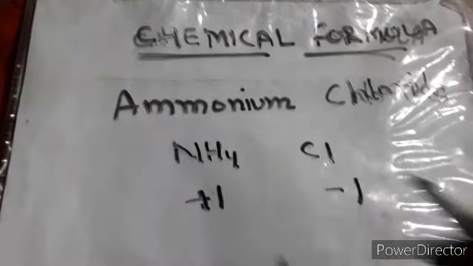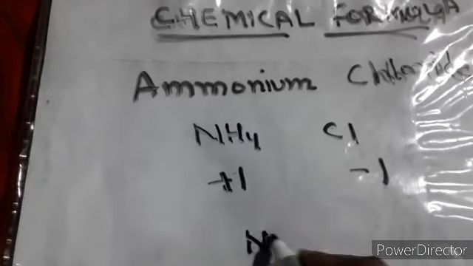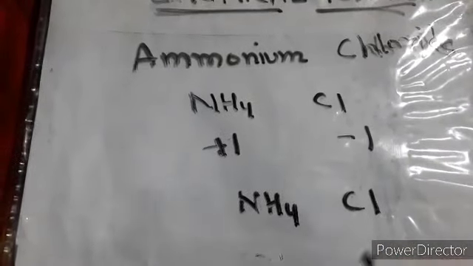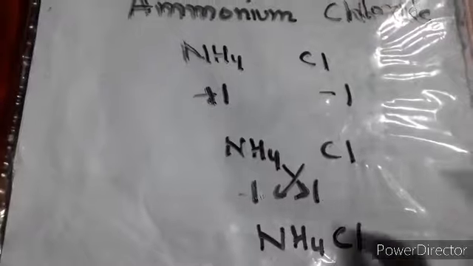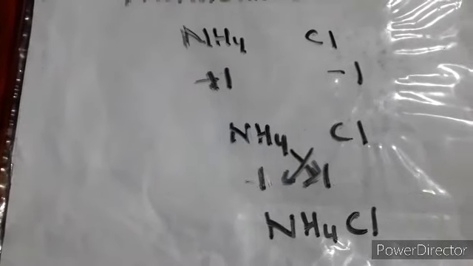Now this is one of the simplest forms, because both of them have the same valency, but signs are different. So you can put it over here like this. When you cross multiply them, you will get NH4Cl. Over here there is no need to get confused, because both have the same number, that is 1. When you multiply something with 1, you get the same thing, so we get the same radicals or the same symbols. So this is one of the cases.